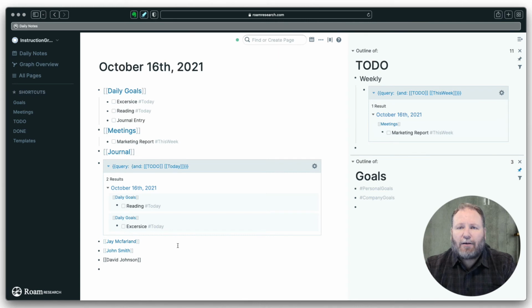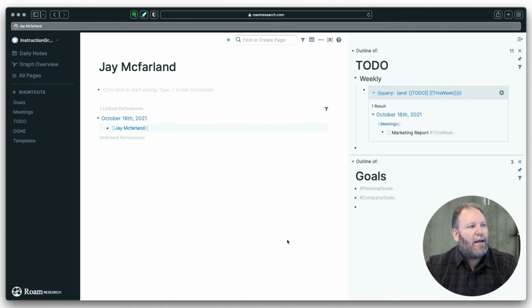If I want to create a query that shows me everything that has been assigned to those individuals, I think I'll do it on their pages, right? So I'll click here on Jay McFarland to the page that was created, and I'm going to go right up here at the top, and I'm going to create a new place for these assignments. So I'm going to just put assignments,